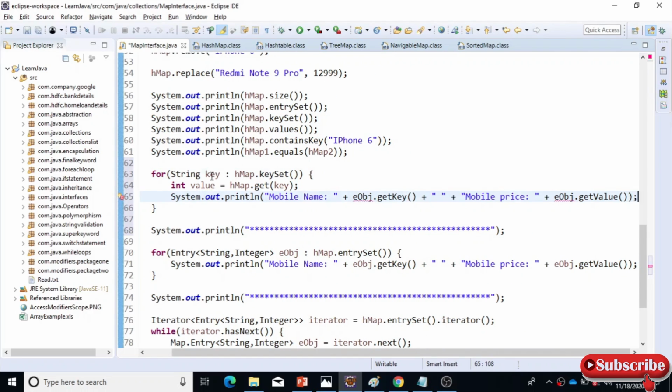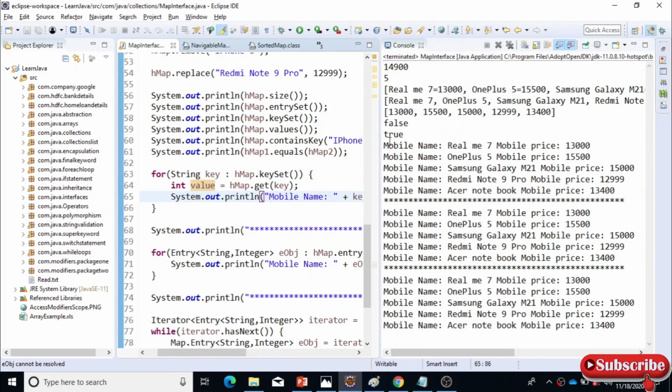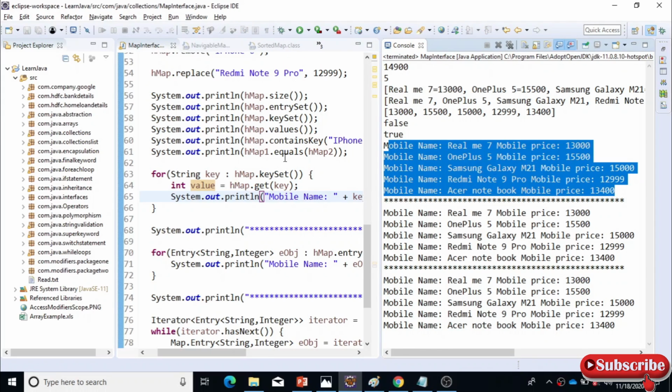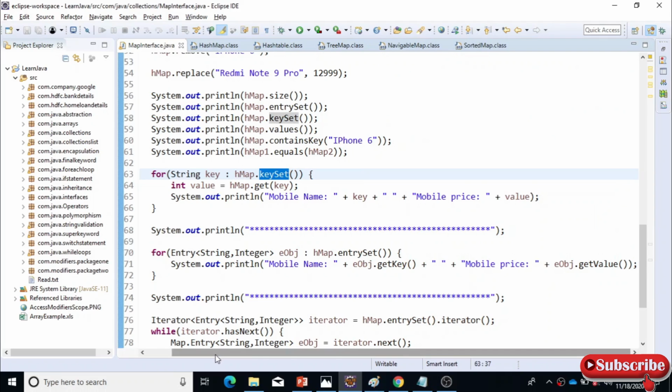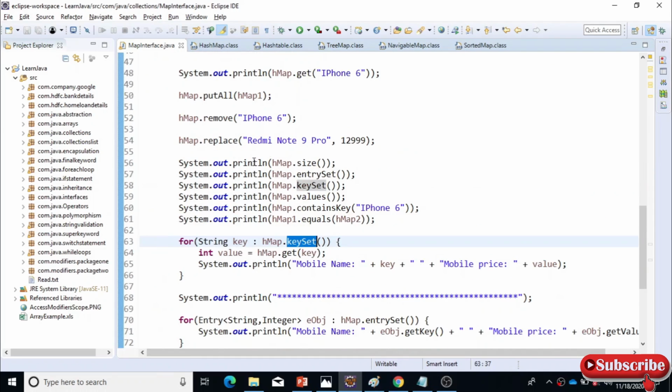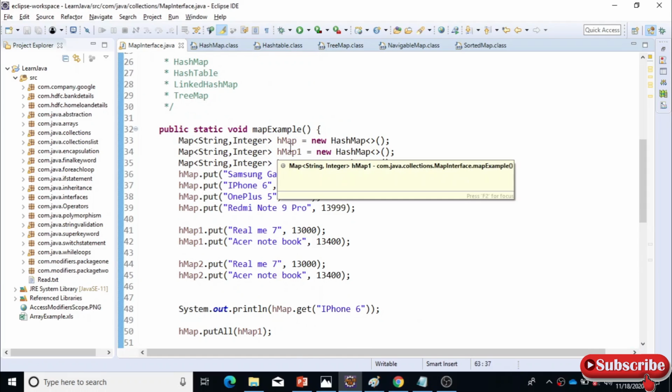Let us put the same print statement here with this enhanced for loop also. Here you need to pass the key instead of the getKey method. We were getting that through the entry interface, with getKey and getValue, but you can use this directly as well, and I will pass the value here. If I run this program, you can see it traverses through all the hmap objects and displays them here using the key set also. So these are different ways of traversing through the elements in map objects, and you can access those values.